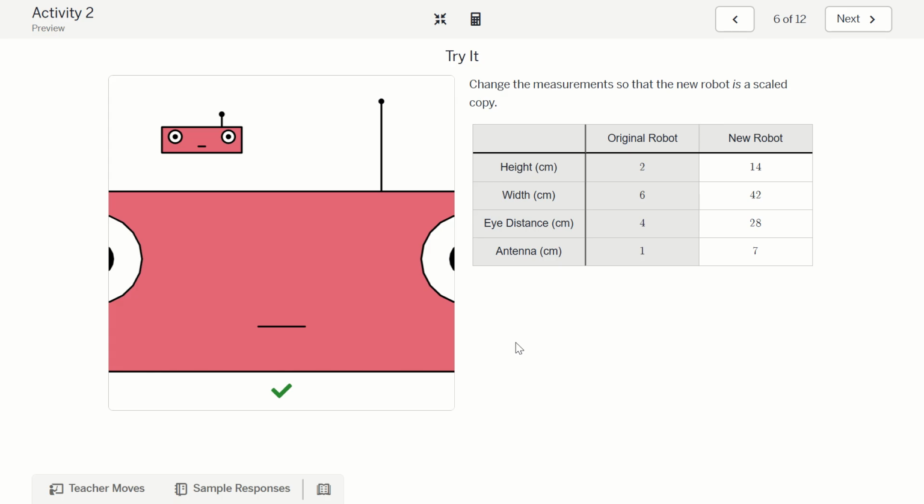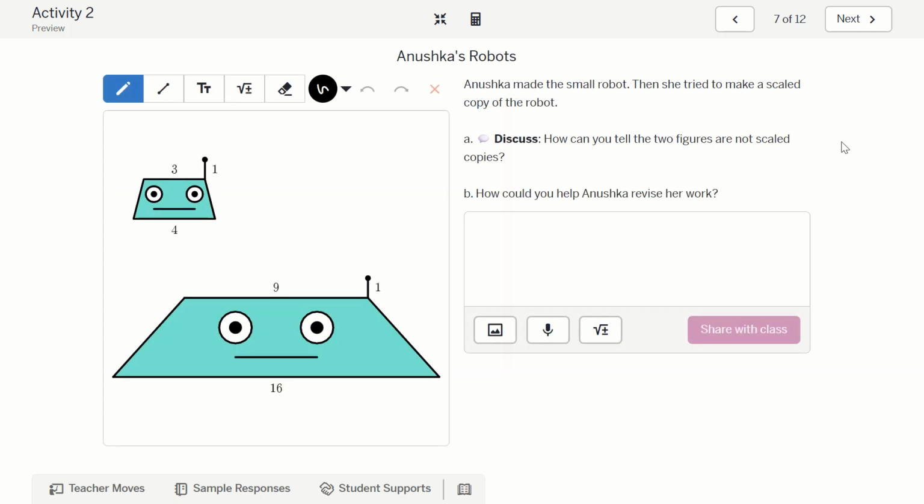Groups 7 and group 5, we need to stop. All right, with your group,